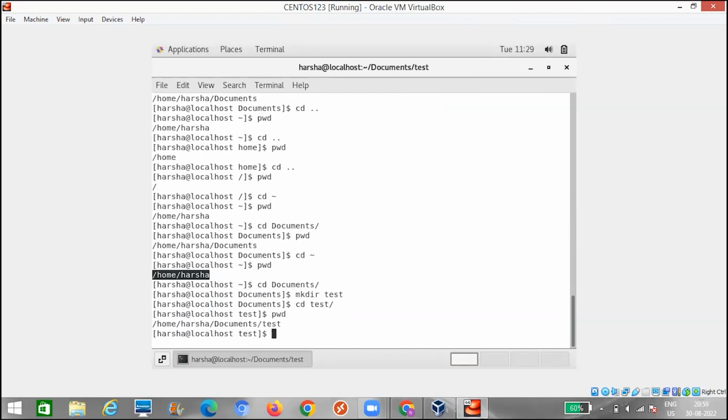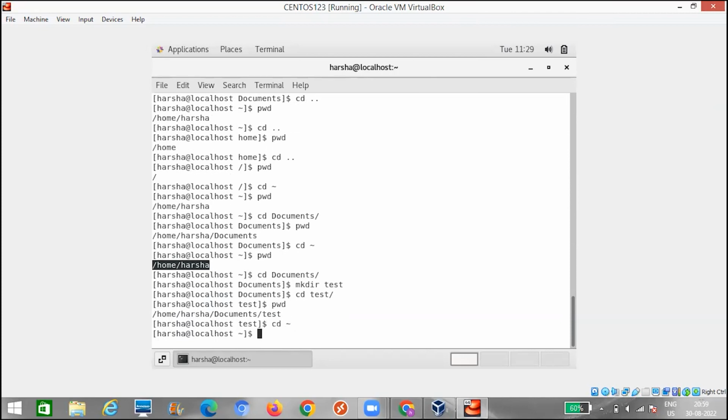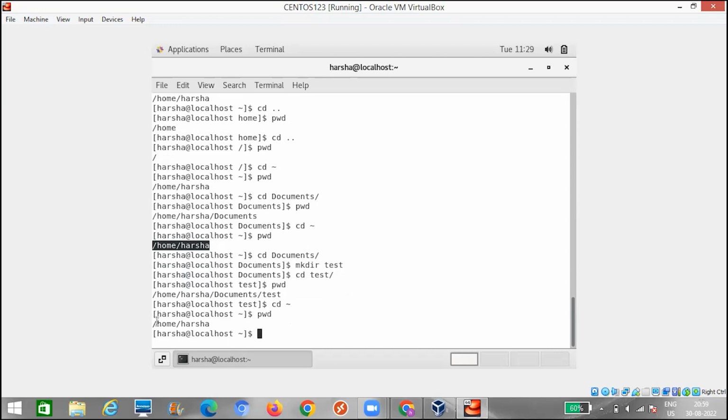What is my present working directory? Now my present working directory is /home/Harsha/documents/test. From here, if I want to go to the home directory of my current user, which is /home/Harsha, I just need to give cd tilde. And if you give pwd, it will show /home/Harsha.